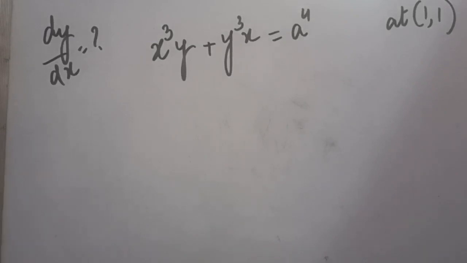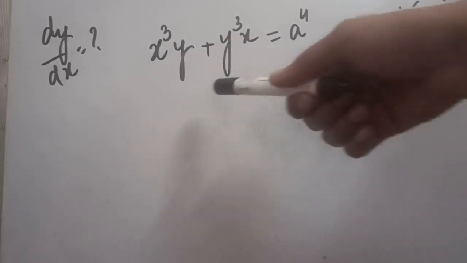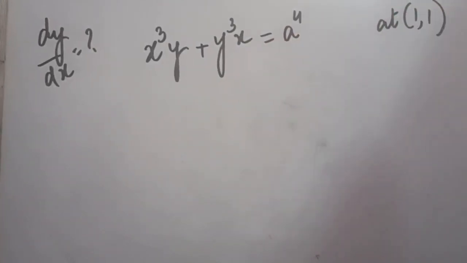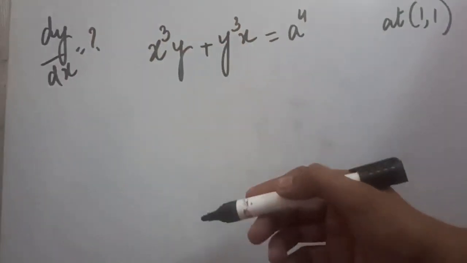When you have been told to calculate with respect to x, or it may be told to calculate with respect to y, the equation has been given and you have to solve the question, you have to evaluate, you have to calculate the answer. 1 means x is 1, y is 1. So finally when the answer of differentiation will come, we will put these values in that answer. So first we have to calculate dy upon dx.